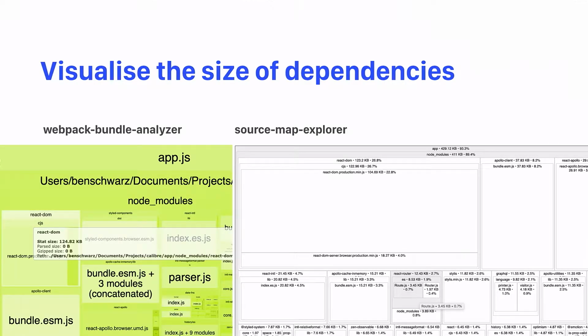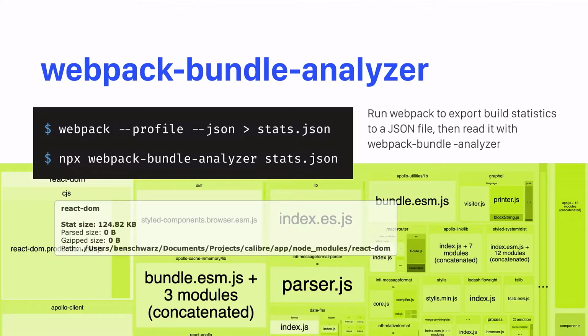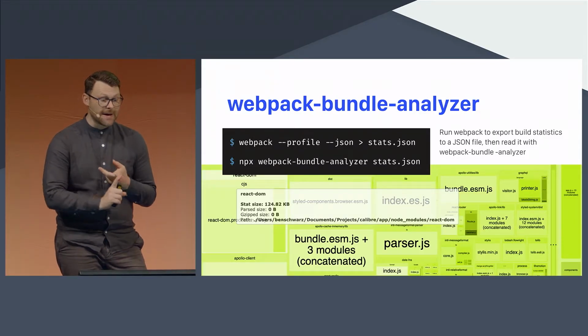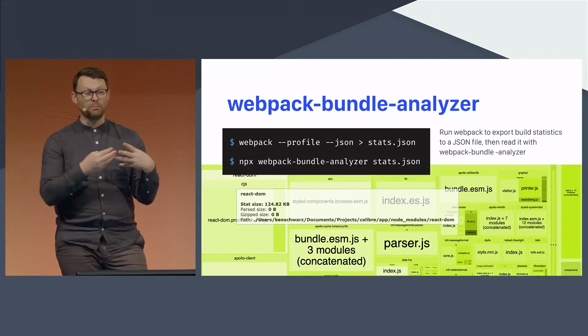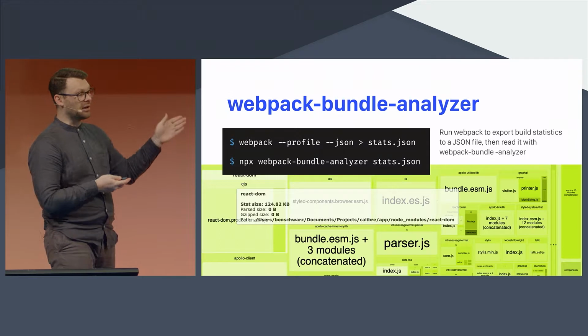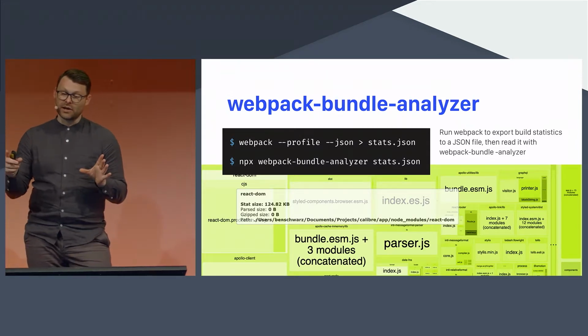the Source Map Explorer. For the Webpack Bundle Analyzer, you'll run your Webpack command as usual, except you'll add a couple of extra flags to say we want a profile, and we want to turn it into JSON, and we want to push it into a stats file, and then we can run the Webpack Bundle Analyzer on that, and then we'll get this